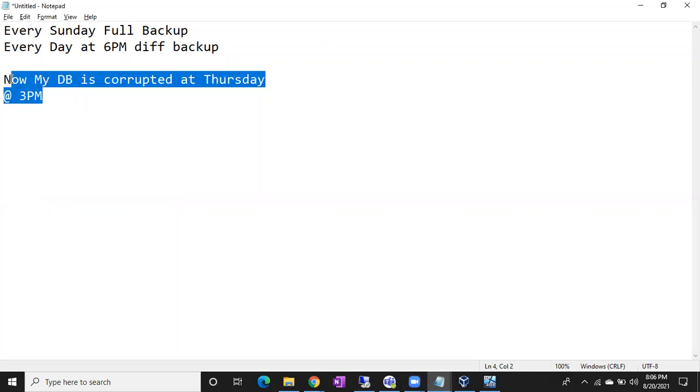My database is corrupted Thursday at 3 p.m. Till what time you can recover the data? What is the best time you can recover the data? You have only full and differential backups. 6 to 7. What is that 6 to 7?